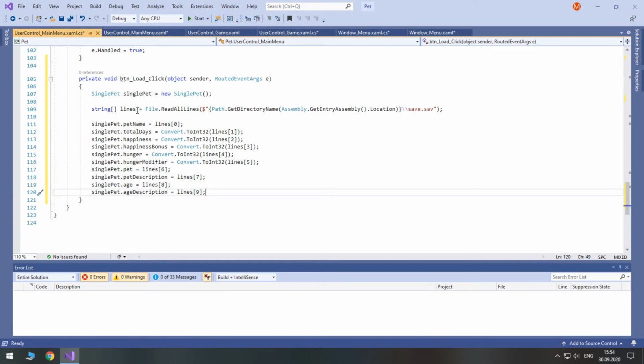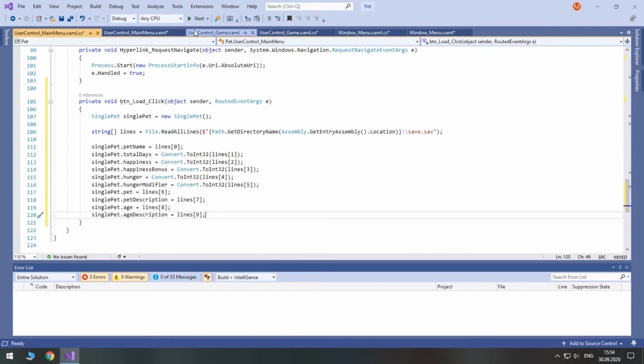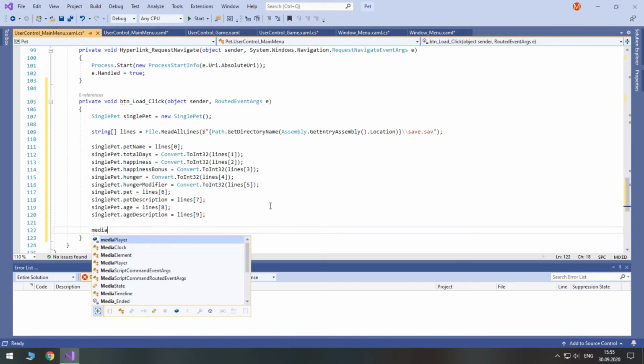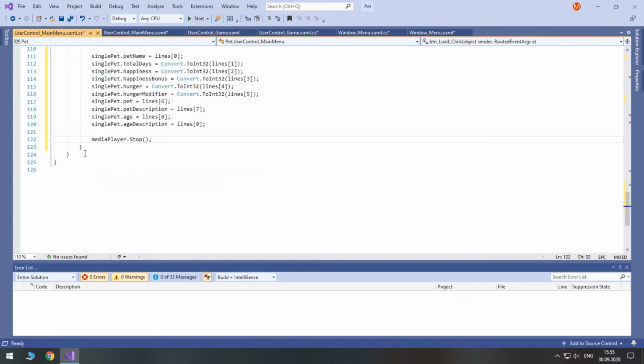After we read all these values, we will use a transition right from the main menu to the game. So we will not visit our user control select pet screen. Let's access our media player and stop it to stop the music from the main menu.